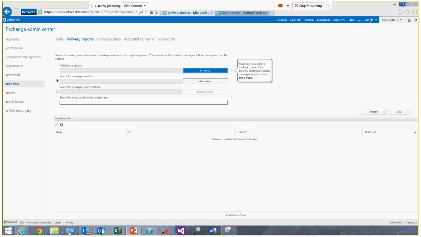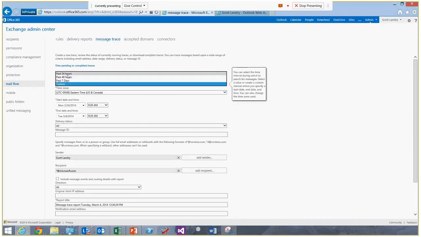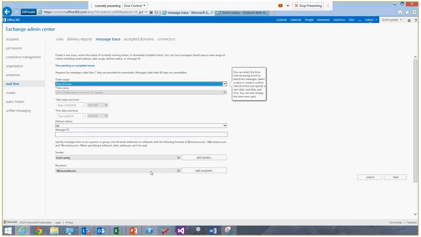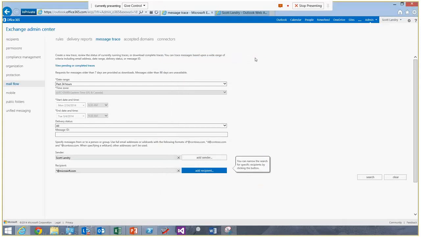are wondering why we have taken two features and put them into one UI, our plan is to make the basic message trace functionality better. We're trying to add additional details to this message trace functionality and present it in a way where you do not have to know how to read these advanced Exchange message tracking logs. We want to give you all the information that you need to resolve your issue